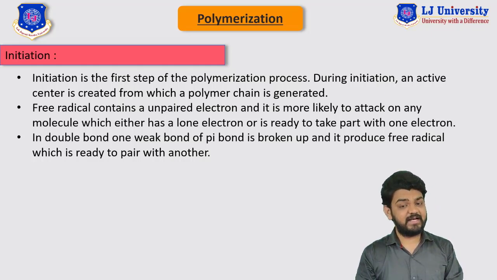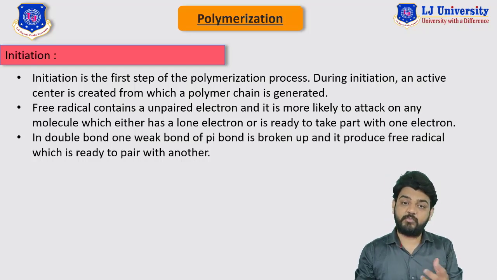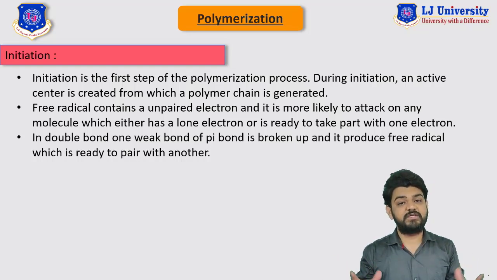The free radical contains an unpaired electron and is more likely to attack another molecule, the monomer. As we have seen already, this free radical basically contains one free electron. This free electron is more likely to attack another substance, that is your monomer, and it will readily make a pair with another monomer,